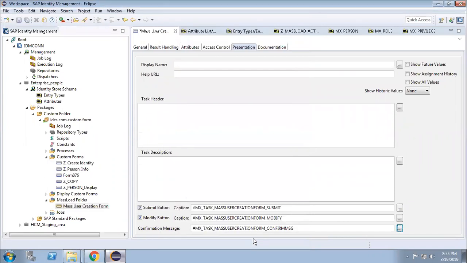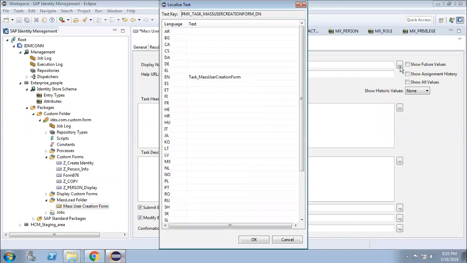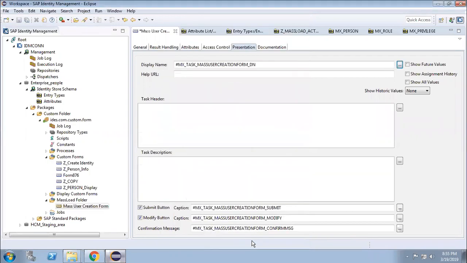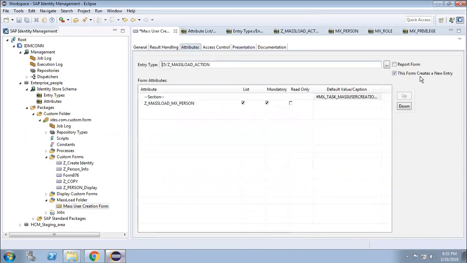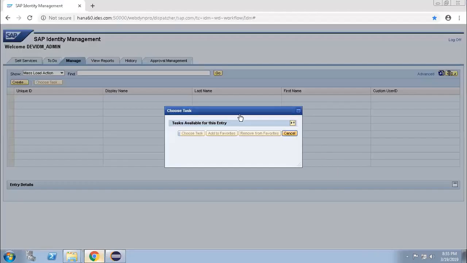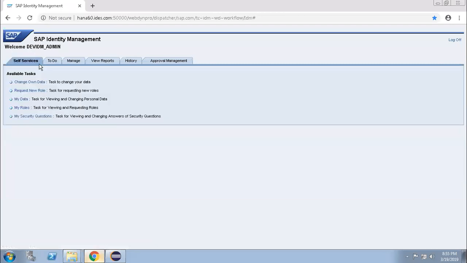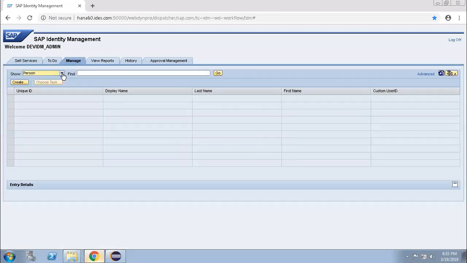I write this. Display, I can write mass user creation form. Okay, I write like this, and I gave it as a form new entry creation. Now go back to here, cancel it, refresh the page, go to the manage tab, go to here, person